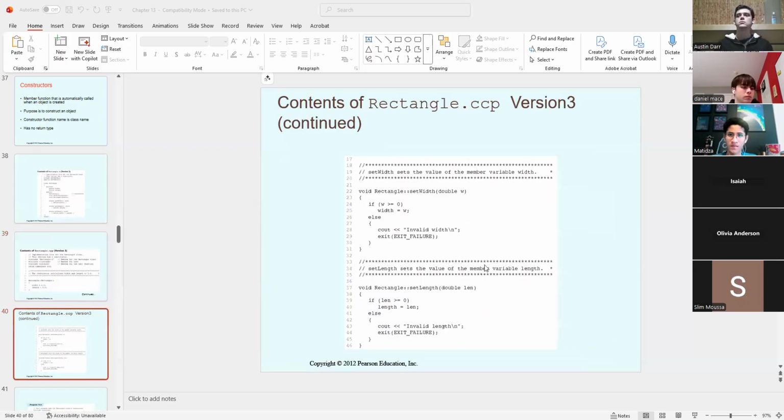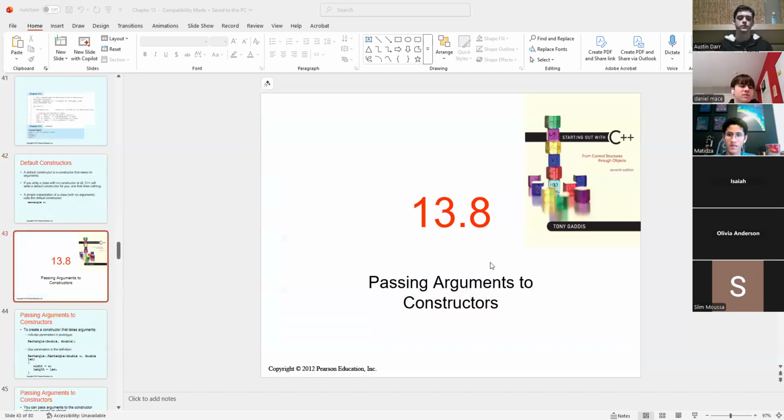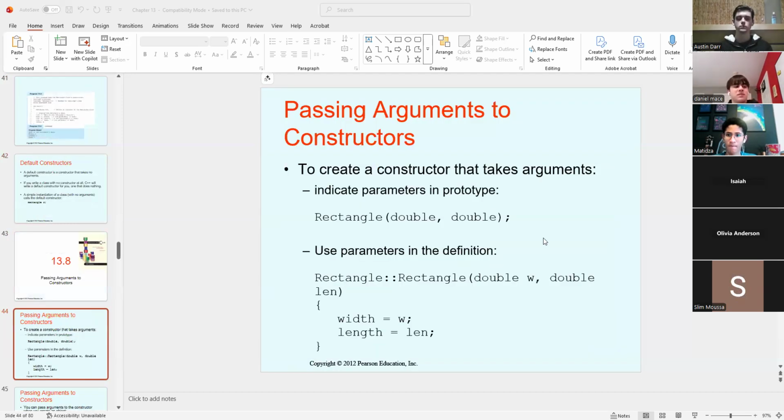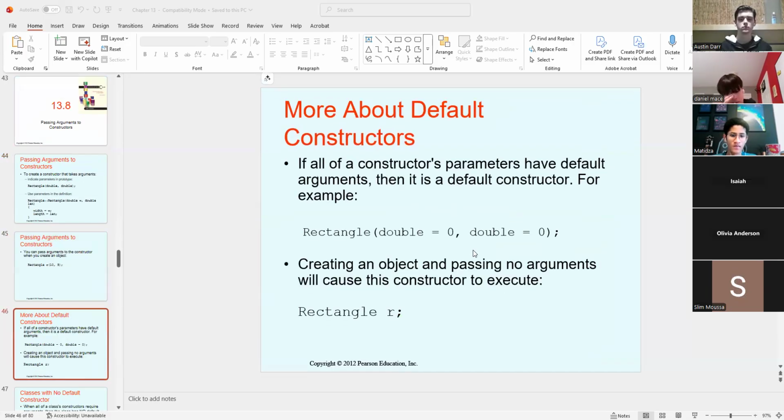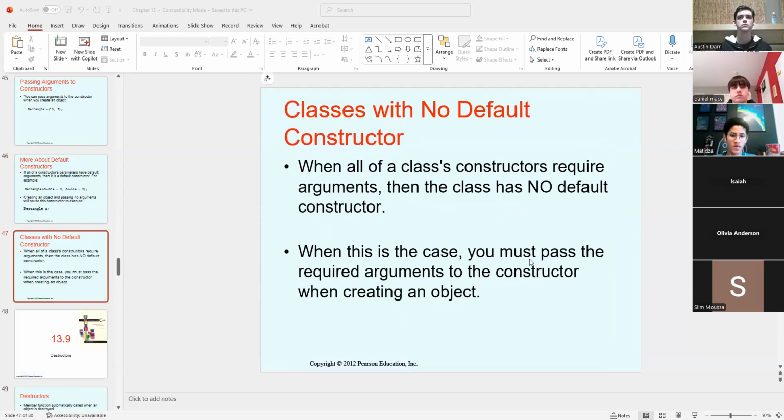Okay. We did look at that implementation file. We looked at the other passing arguments. Now all of a sudden I have a second constructor, rectangle double double, meaning it's overloaded. Good, good. Giving them default values if I want.